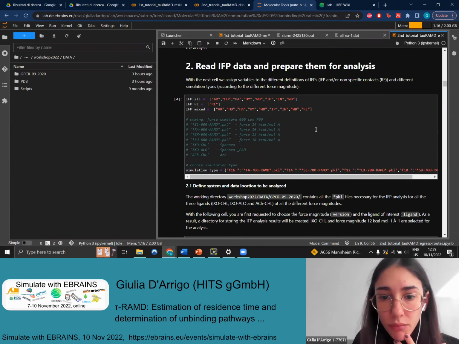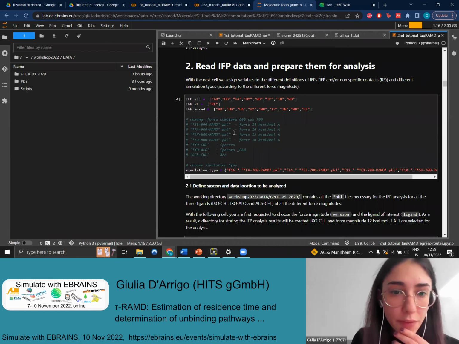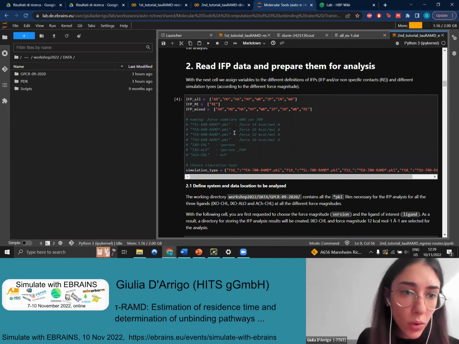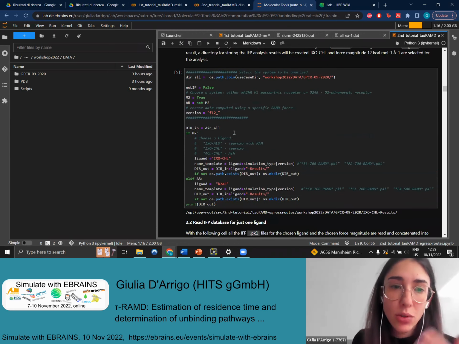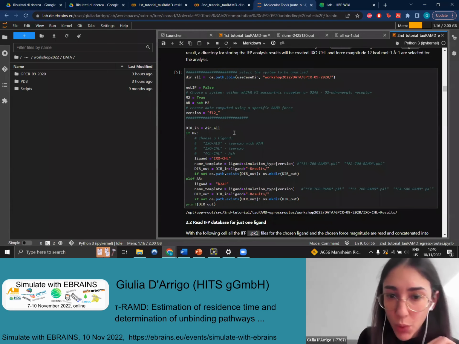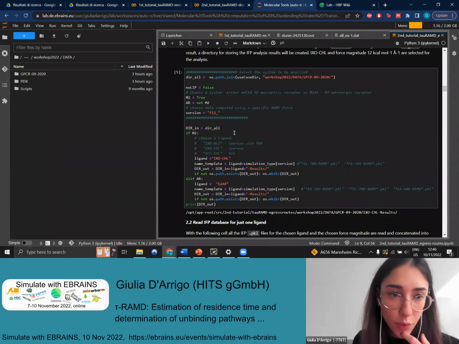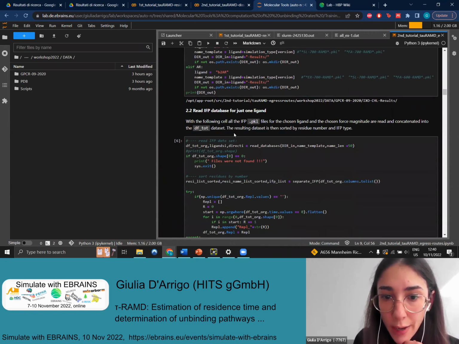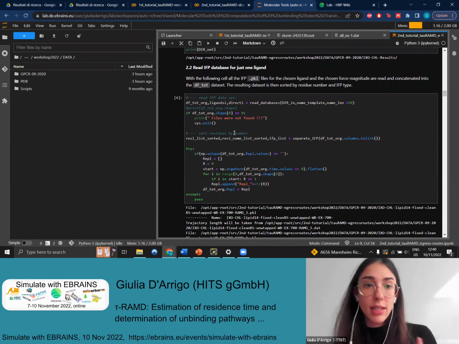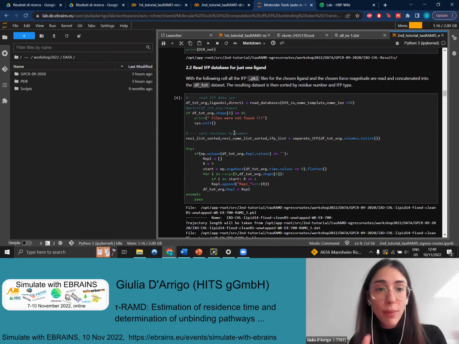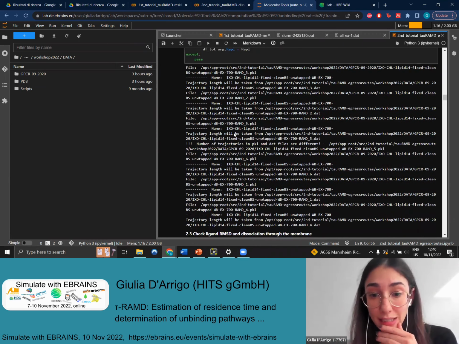So here, in this case, again, we have defined different types of interaction, so whole together or only unspecific or specific interactions. And here again, you were asked to select which type of interaction you wanted to do the analysis for, as well as for the ligand. And we're basically using the same parameters as the ones that we chose before. So here basically we are going to read all the PKL files for each replica of the same ligand,